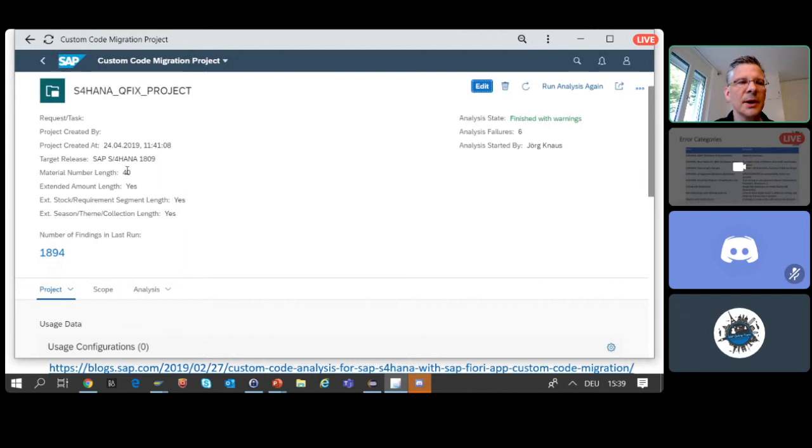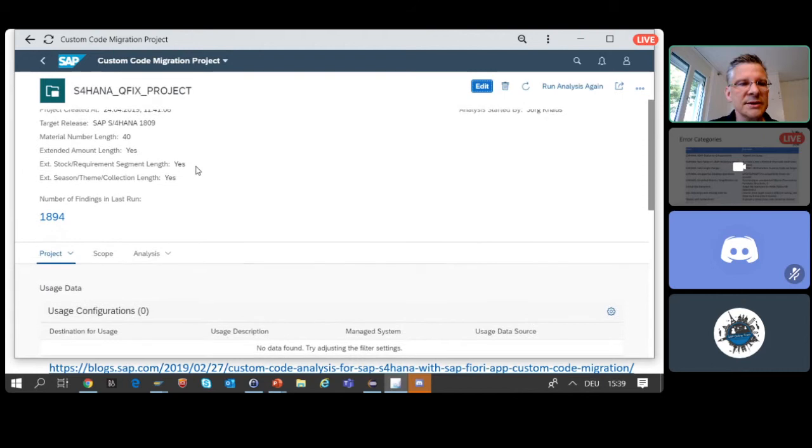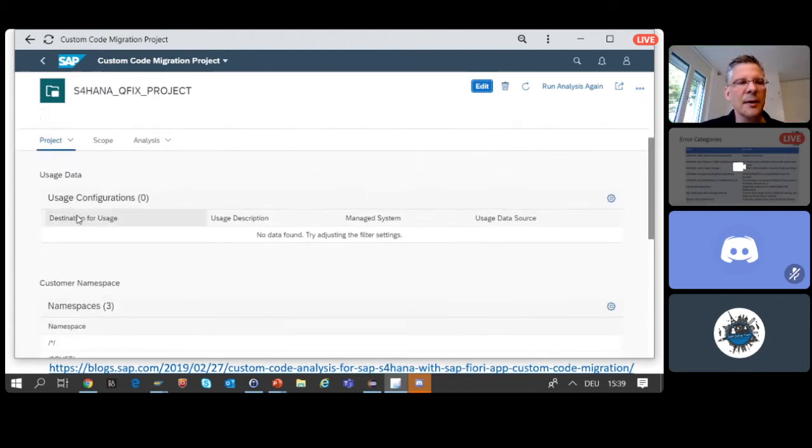And here I can say my material number will be the length of 18 or 19 or 20 or 40 digits, because the field will always be 40 characters, but the content of the field can be less. And so you don't get the false positives. You can set that. You have an RFC destination. You can merge the usage from your production. So we have STMON and SUSG done in the production. We have scanned the source code on the dev system, and the Fiori merges the results together.